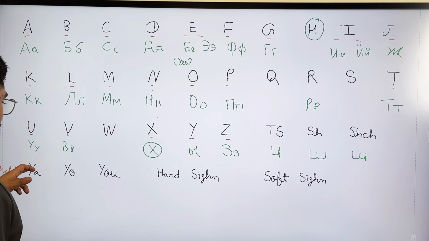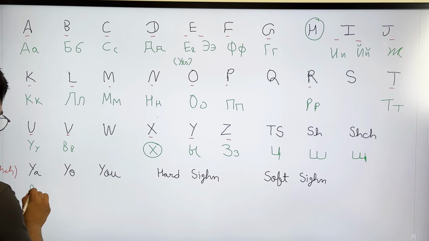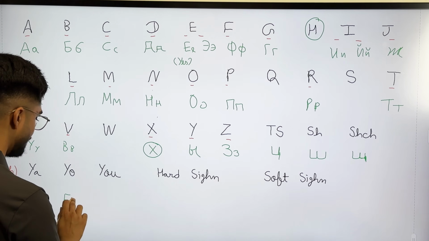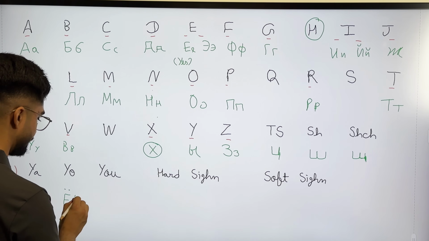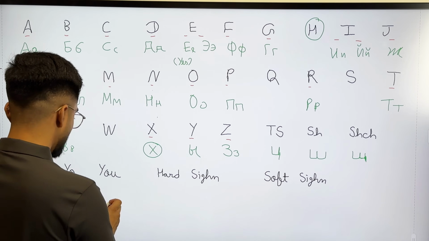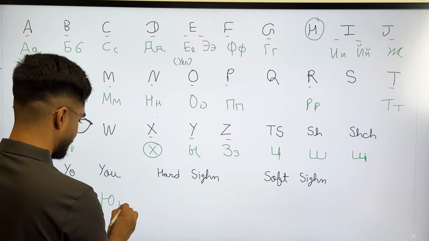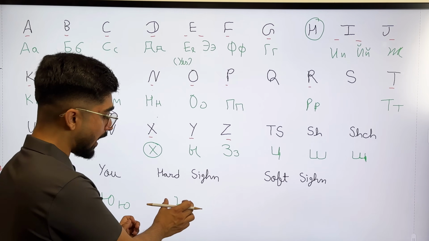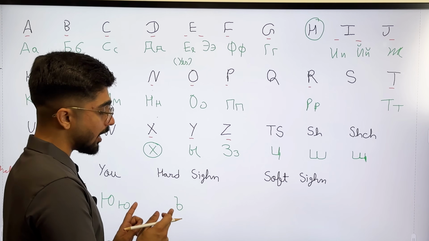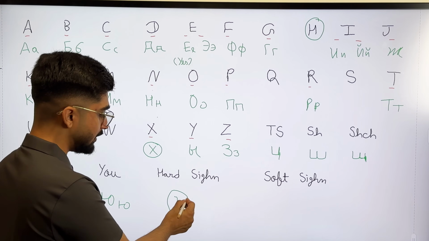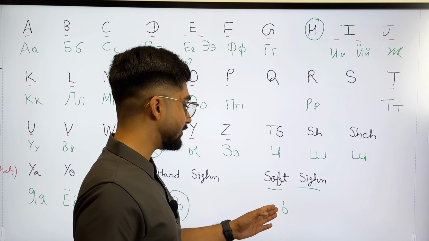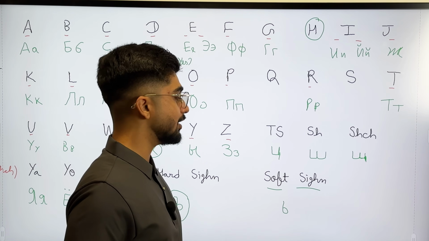The next is going to be your Ya. You have to write your Ya just like an inverted R. Yes, you can see it's your inverted R. If you have to write Yo, then you write E and make two dots on it. And if you have to write U, then you write U like this. Yes, Ya, Yo, U. If you find such a type of alphabet, then you have to pronounce the word in a hard way. There is no pronunciation of this alphabet itself, but you have to pronounce the word in a hard way. If you find this in a sentence, then you have to pronounce it in a soft way.